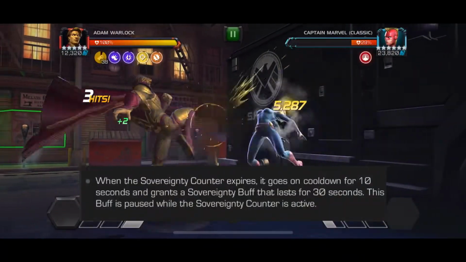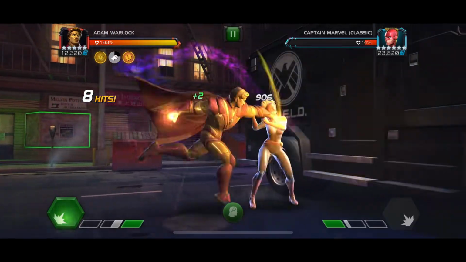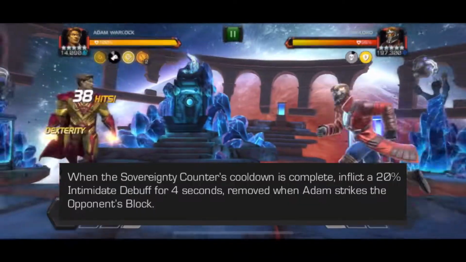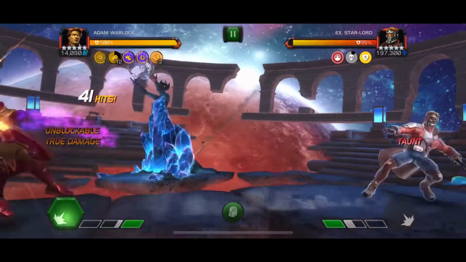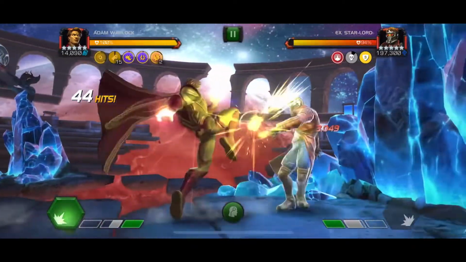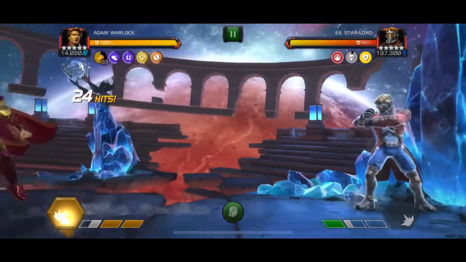When the counter is complete, you'll get a fury buff and you'll go on cooldown. When this cooldown expires, the opponent will be intimidated, right? And the intimidate mechanic lets them block very often, so you'll get the easy opening to start your counter up once again. Now let's switch gears to a long fight, where I suggest you prioritize the